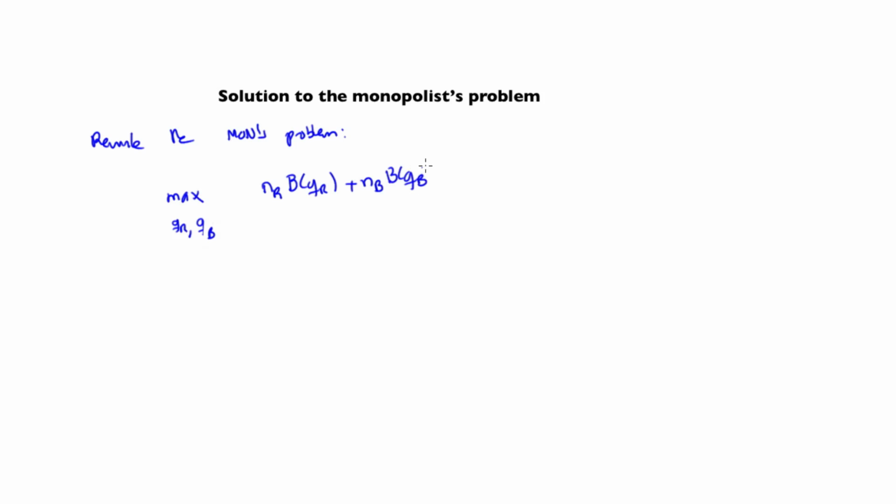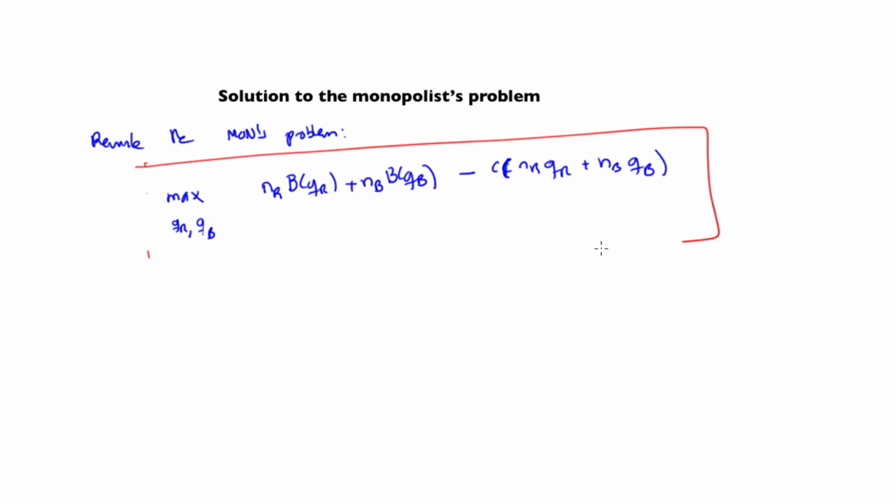i.e. the surplus that the consumers get from those sales, minus the total cost of production, which is equal to C of N_R Q_R plus N_B Q_B. Clearly, this is identical to the Pareto optimization problem. In other words, because the monopolist can extract all of the surplus, his profit maximization problem becomes the Pareto optimization problem. And not surprisingly, it has the same first order conditions for Pareto optimality,